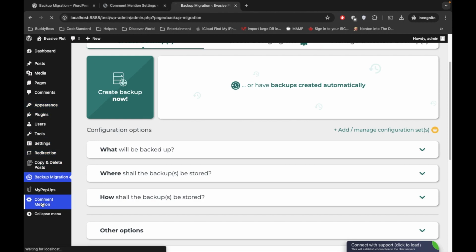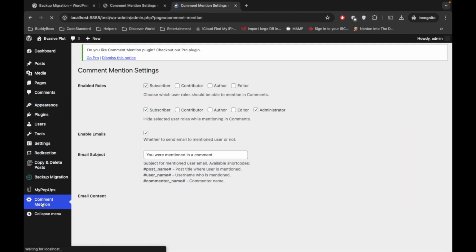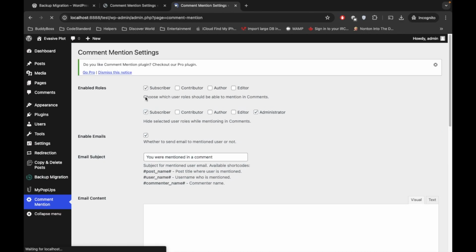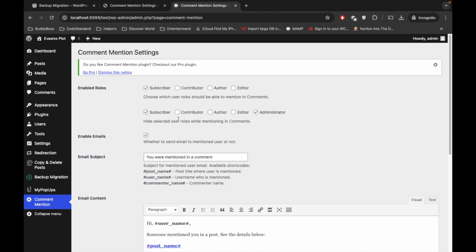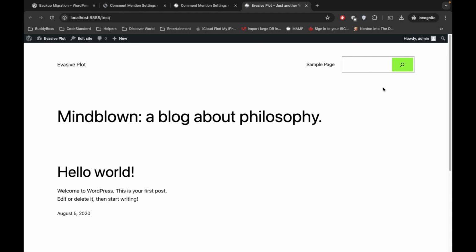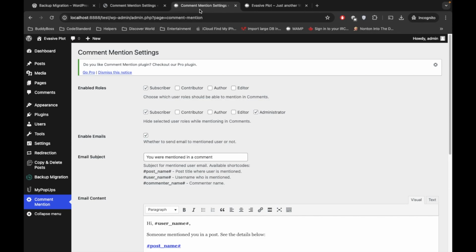So first we will go to this comment section, and here all our checks are there, and on the front side it should be the search form in the navigation bar. So yeah, this is how it works,